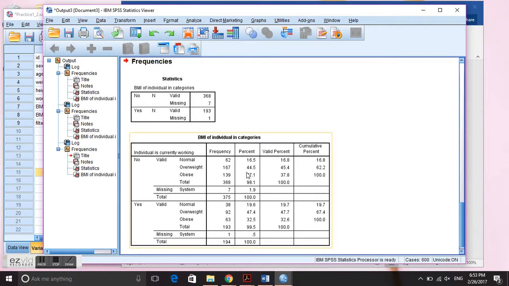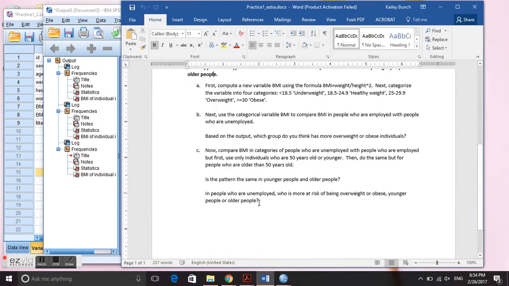And then in people who are unemployed, who is more at risk of being overweight or obese, younger people or older people? So we can go back and take a look at that. People who are unemployed, again, in people who were 50 or younger, that was about 60%. And then people who are unemployed but are older than 50, that was about 80%. So we would say that in people who are unemployed, older